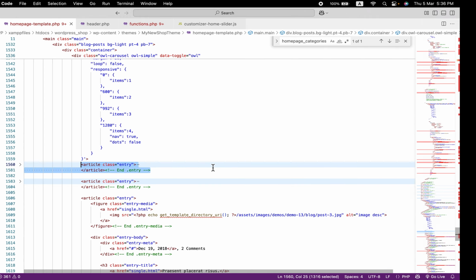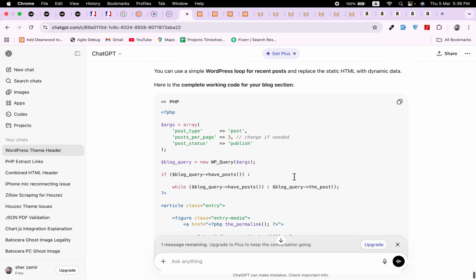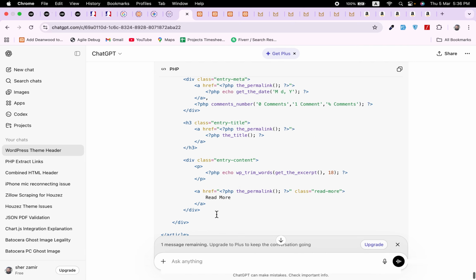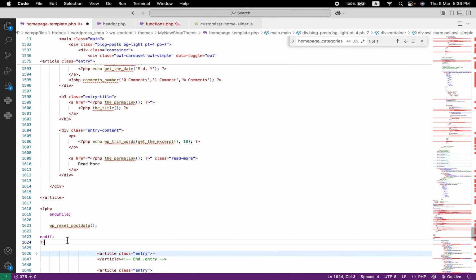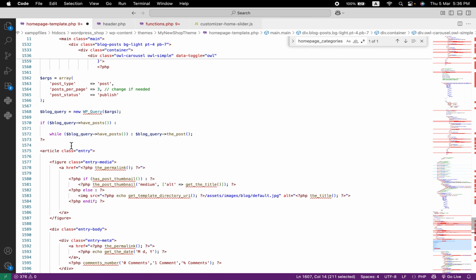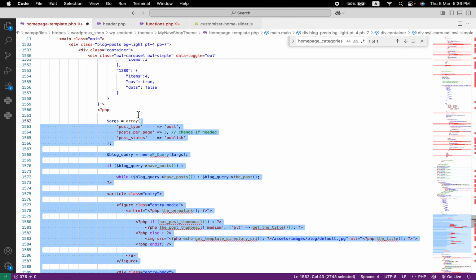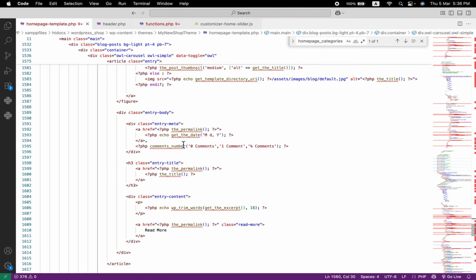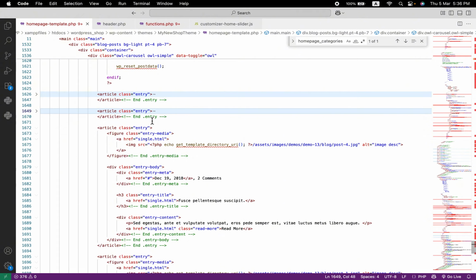So all these settings will be same, but just replace the PHP script with this query. So article and read more as well, and a loop. As we have the single blog page already built in our previous video, this should work according to the theme. So let's make proper indentation, save it,